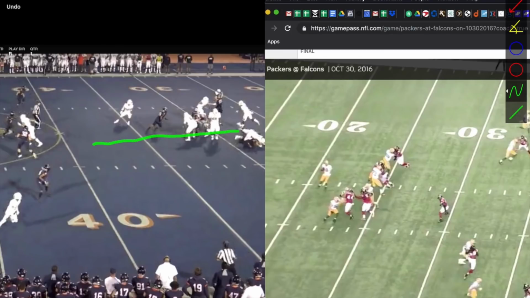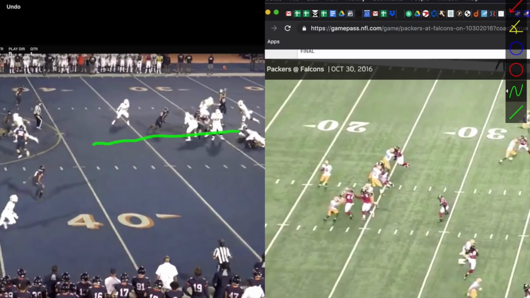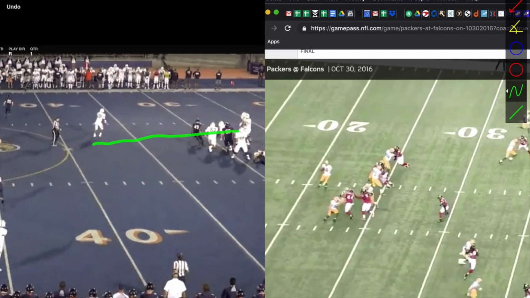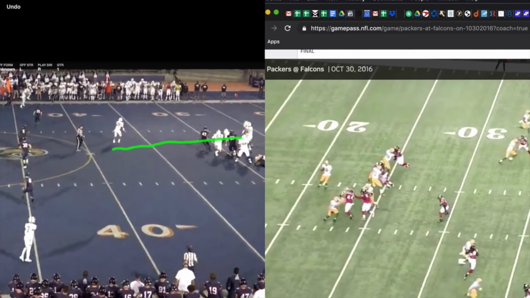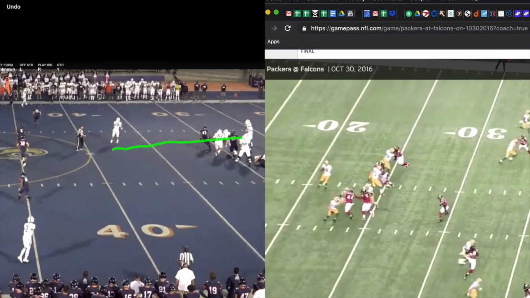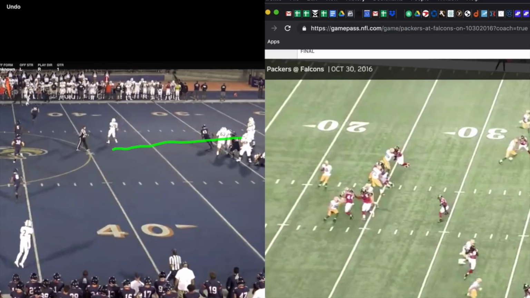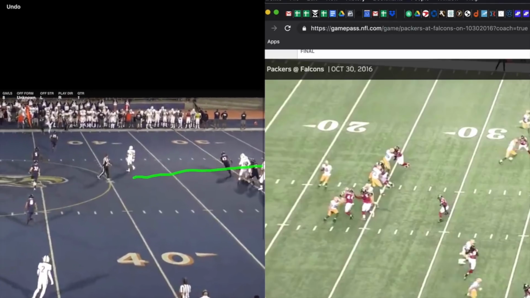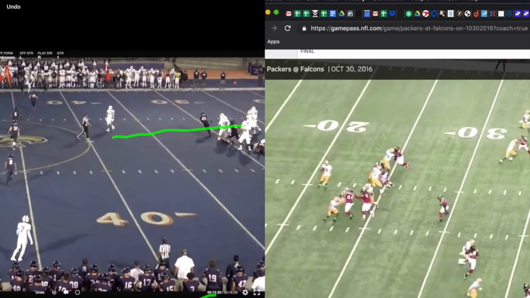So he throws that would be 10 yards. We have to zoom out a little bit here. He throws about a 15-yard, another 5 there, right? So he throws about a 15-yard